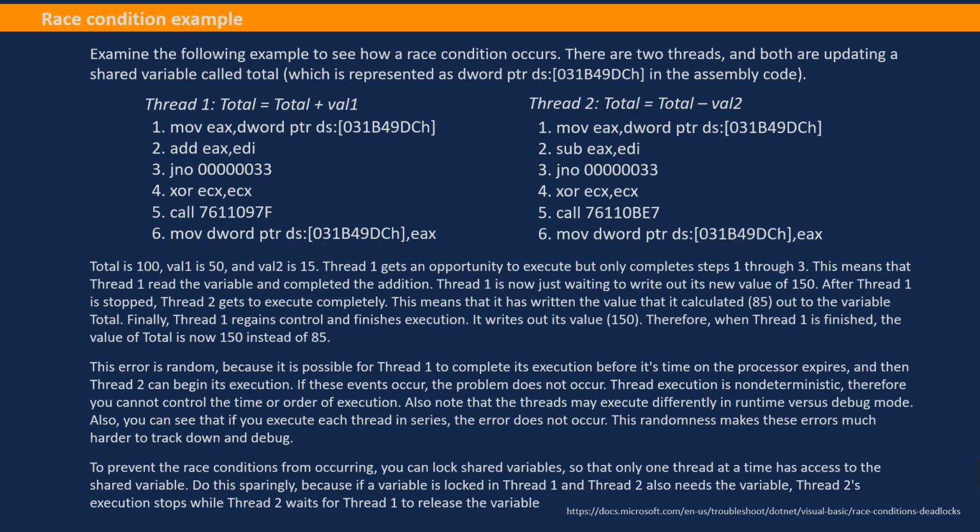Finally, thread 1 regains control and finishes execution. It writes out its value, which is 150. Therefore, when thread 1 is finished, the value of total is now 150 instead of 85. So here, you see, because thread 1 was stopped for whatever reason, it was not able to put the value of 150 first. And then when thread 2 was executed completely, it put its value,